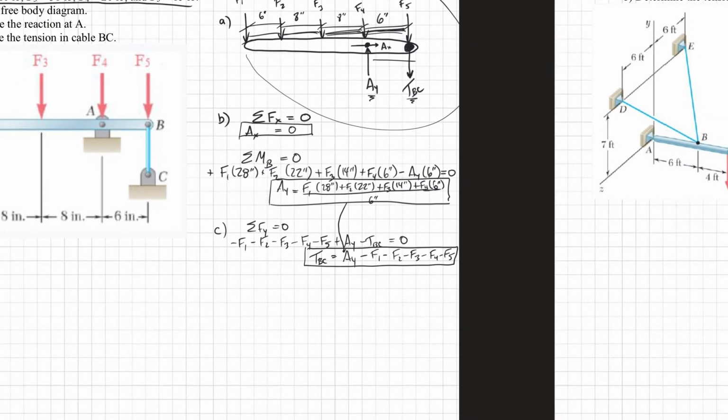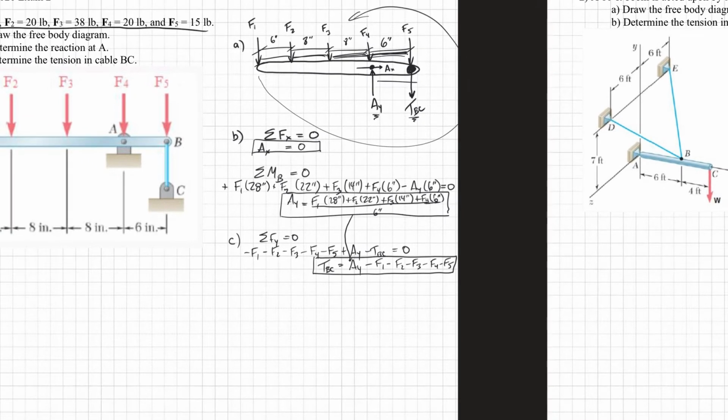When I did the key that I'm going to post online for you, I actually did it as a sum of the moments. So I took the moments around point A. And you also could have done it that way. So if we sum the moments around point A equals 0, then what we could have said is, okay, that gets rid of F4, AX, and AY, because all of those pass through this point. And so I'd be left with